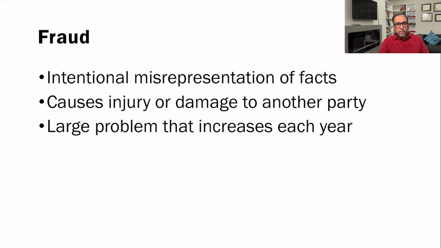Now, before going into detail about internal control systems, we have to define what fraud is, because in accounting the main objective is that we develop a system and report things that are free of fraud or any misrepresentation. So how do we define fraud in accounting? It is an intentional, which is a very important word to note, misrepresentation of facts. If it is by mistake, then it is not fraud, it is a mistake, and a mistake can be rectified. But if it is intentional, then it is part of a fraud.